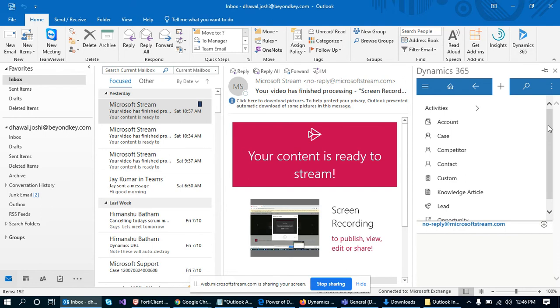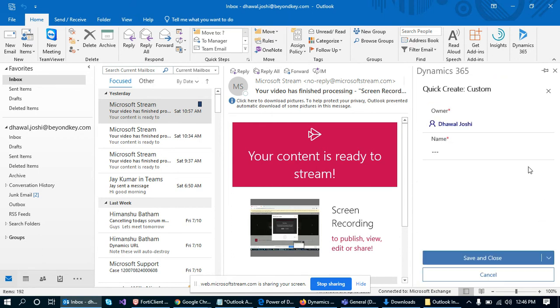Now, it's not just that we can only create records for out of the box entities, but we can also create custom entities from Dynamics CRM, and we can see the custom entities over here. There is one custom entity that I have created earlier, whose name is custom.